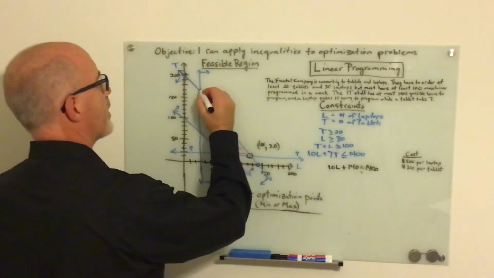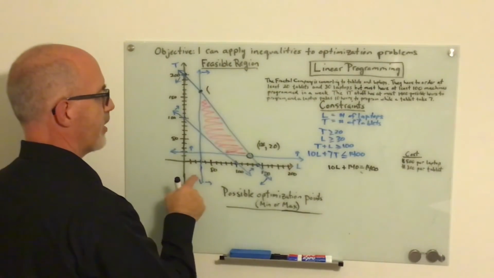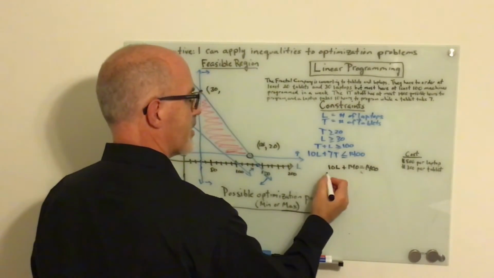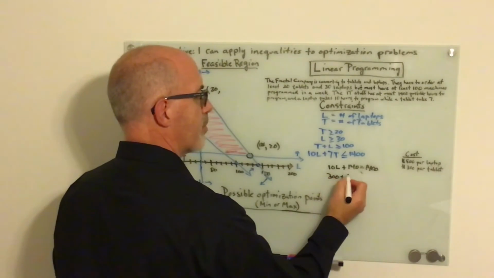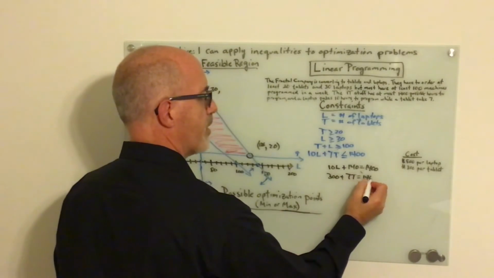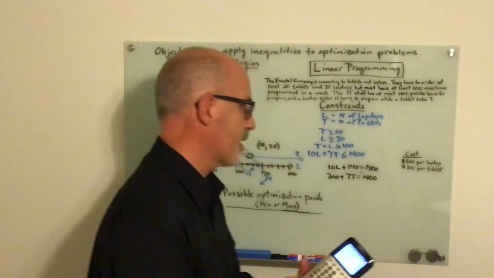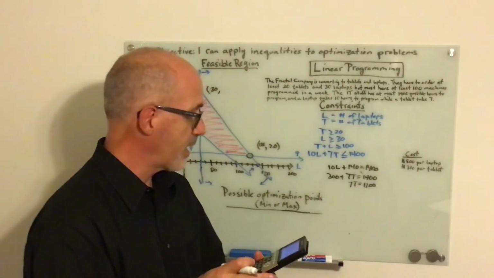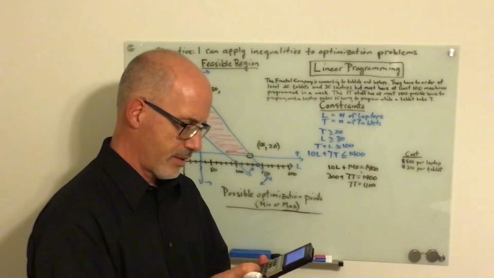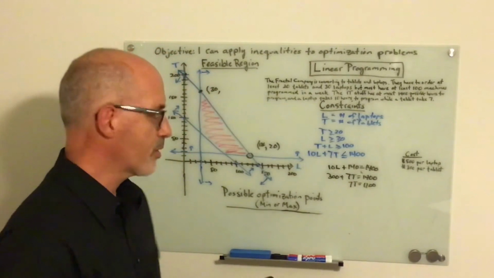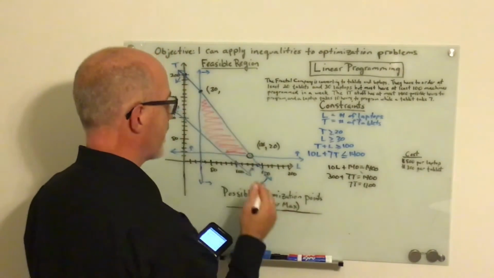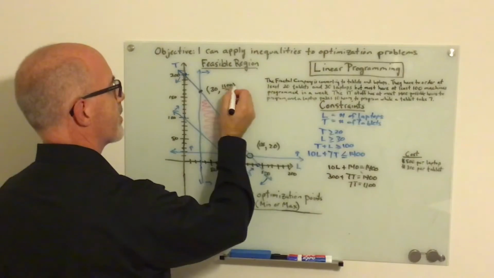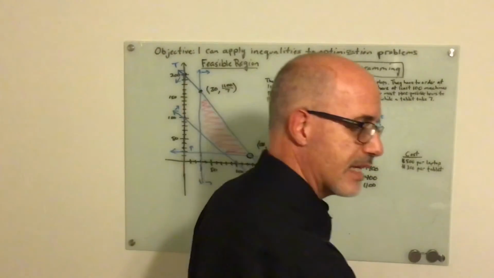Okay, let's do this point up here. This has an L value of 30. I'm going to again put it into this one. So 10 times 30 gives me 300 plus 7t is going to equal 1400. So let's go ahead and subtract 300 from both sides. So 7t would equal 1100. Divide by 7. If we take 1100 divided by 7, we get a decimal. So what we have to do here is realize that this number is going to be just a fraction of 1100 divided by 7. Okay, which is not a nice number,